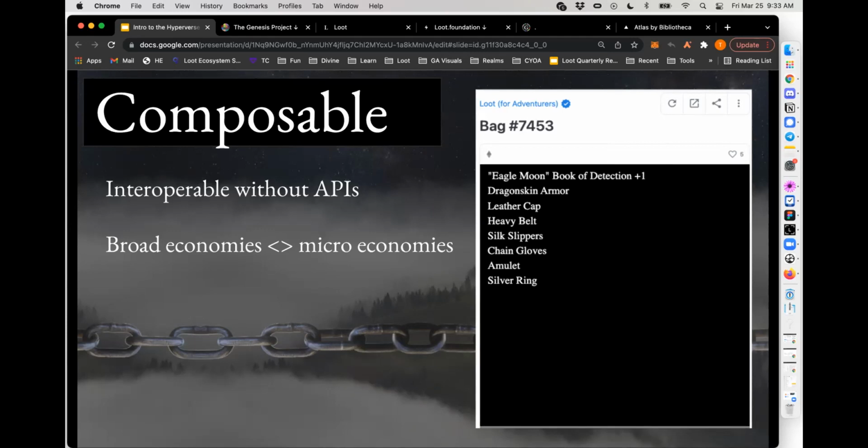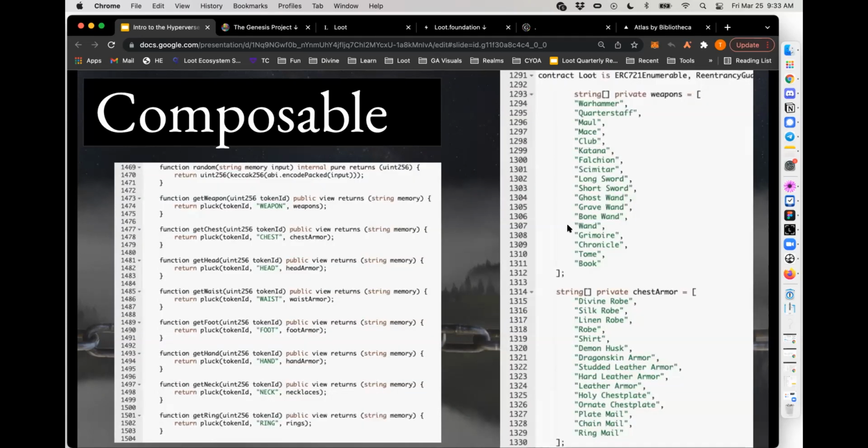There is a universe of things that are happening in the Lootverse built on top of this deceptively simple NFT on the right here that has just birthed an entire universe. In this case, this is what the actual code looks like.